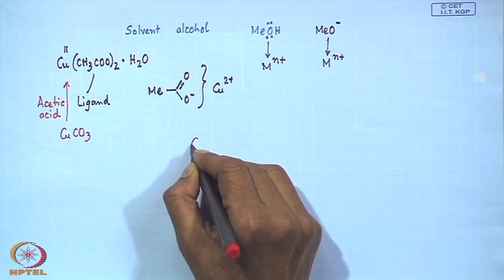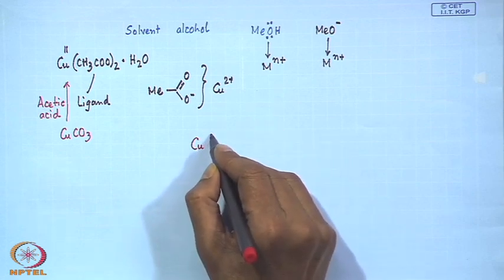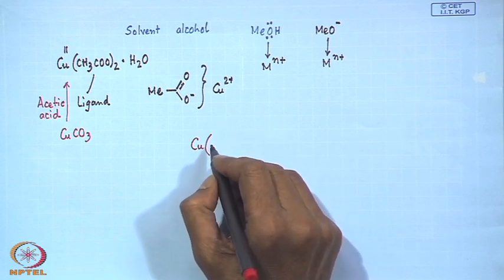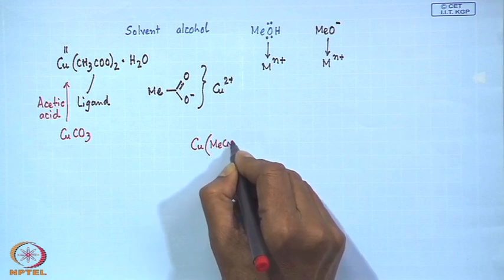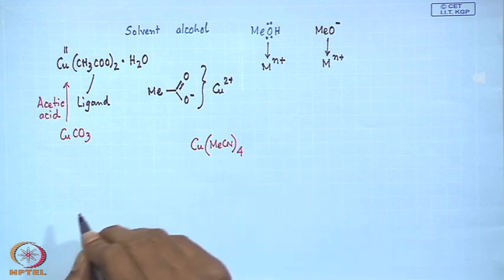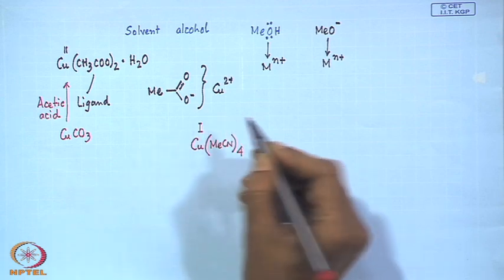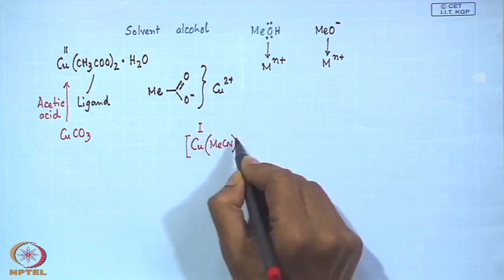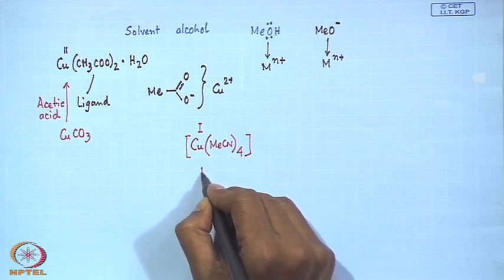So, one such species what we can make in the solid state by replacing all other donor atoms around the metal by MeCN, and 4 such MeCN will be there. For a Cu+ center, copper is present in +1 oxidation state. So, it is a white compound in the solid state,